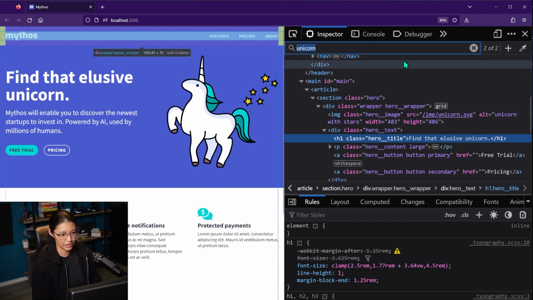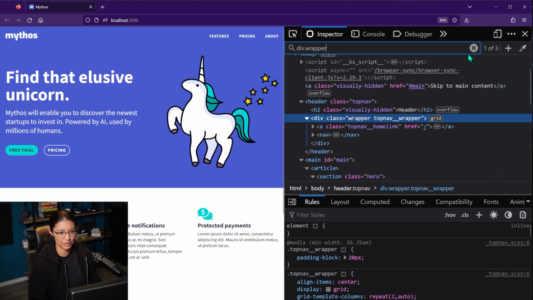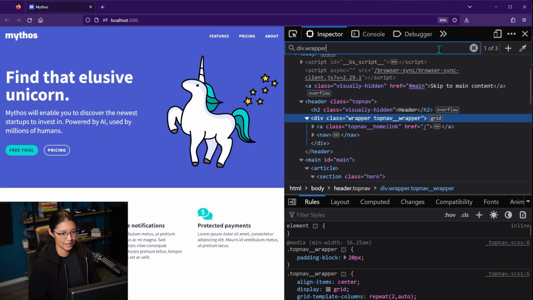You can also use this search to look for actual elements, and you can type in the CSS selector. So for example, if I type in div and then a dot for the class, it's going to auto-populate all the different divs and their classes. So you can just select one. And then if I press enter, it tells me that there are 3 results of div with a class of wrapper in the website. So this is pretty handy, especially if you're trying to see how many elements exist on a page with a certain selector.